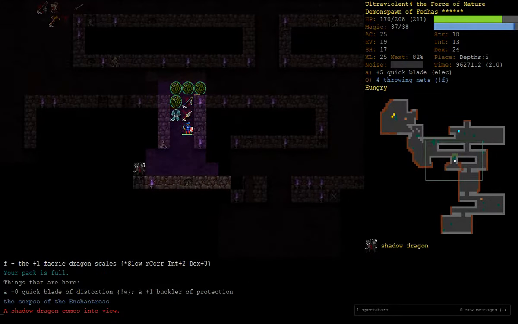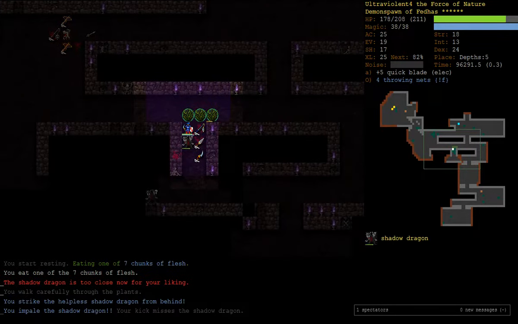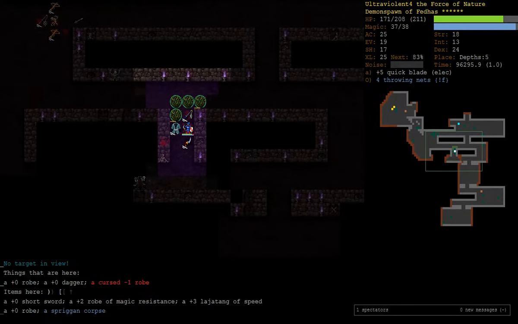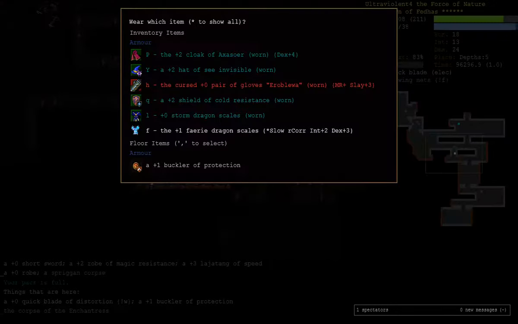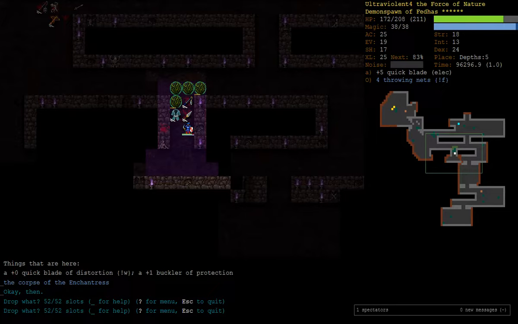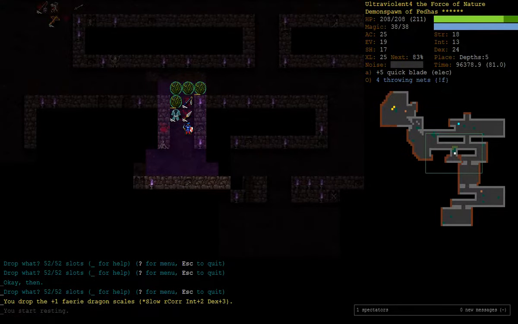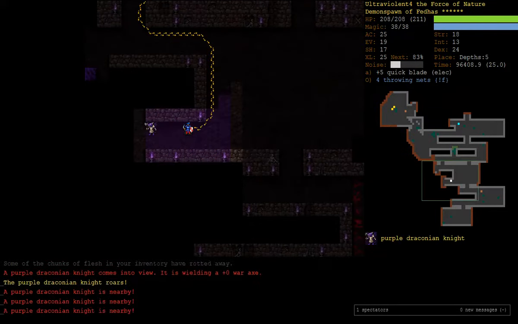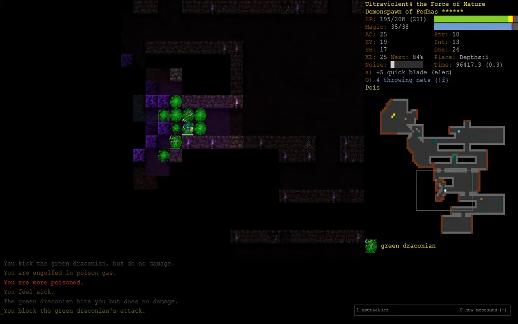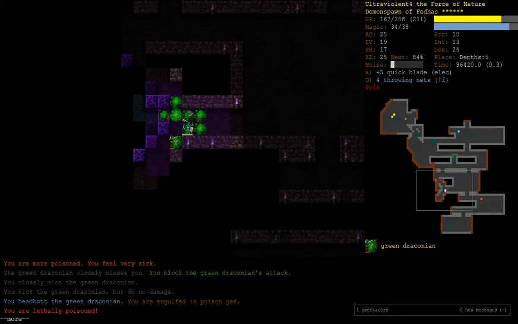And what did she have? I don't know. Oh, a Shadow Dragon. Okay, gimme. No scales. What did she have? It was a +1 Fairy Dragon scales with the random slow property on it. No thank you. That can be really good or really bad. Oh yeah, we don't have any...